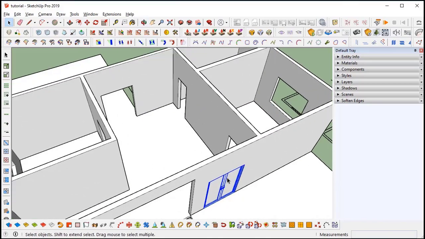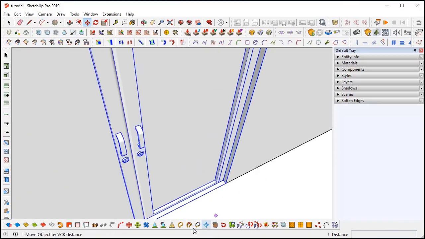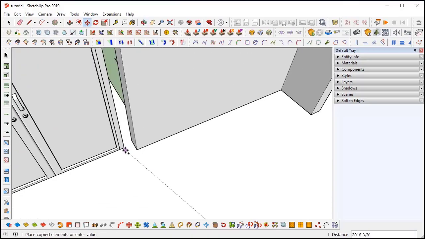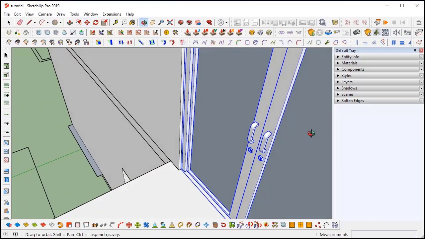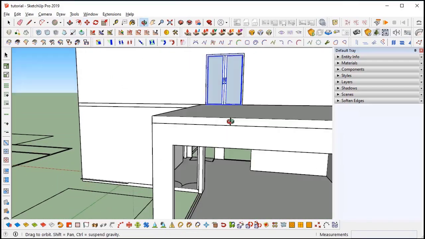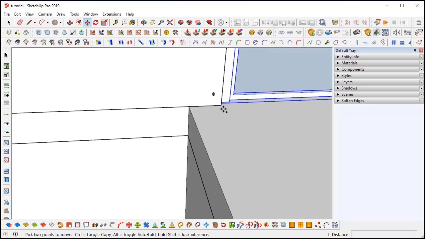Backside also has the same door, so I will just copy it using the move tool, and I will take this as a base point and here to this point. Ground floor also has the same doors, so copy the same door using the move tool.